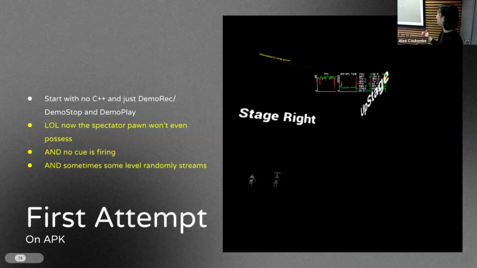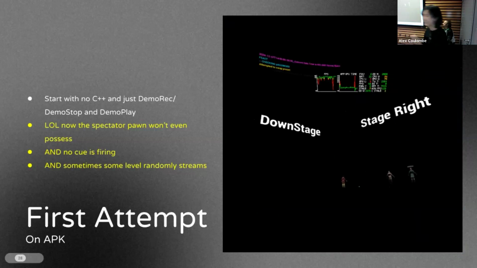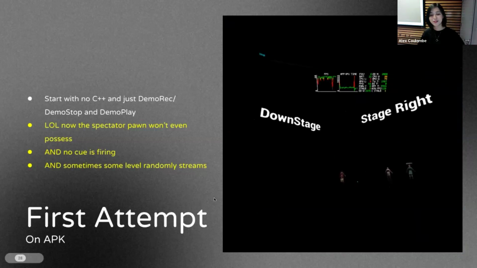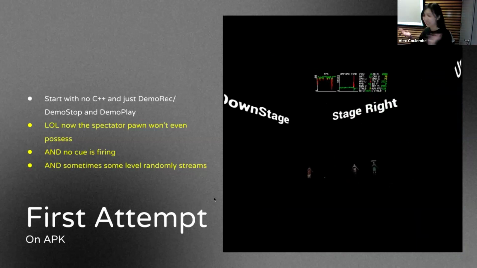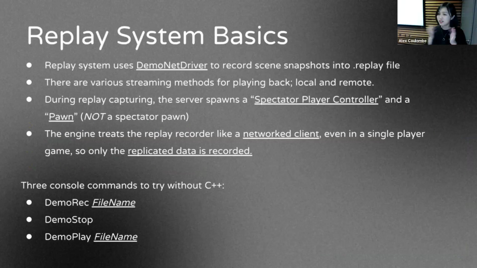It's just like, and now the music just randomly starts. So yeah, that's the very first attempt, and that's the beginning of this replay system journey. So before I dive into the tips and tricks, or the weird things I learned along the way,